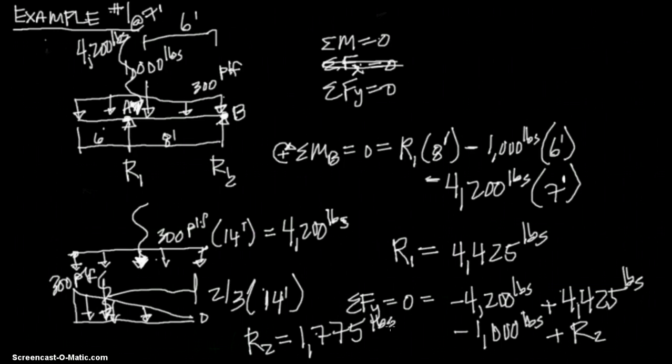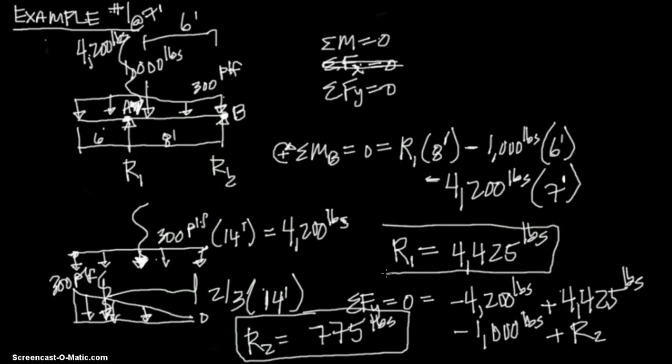And let's check that. Actually, I messed up my math here, and I got 775, and that checks out. I did 4,200 plus 1,000, that gives you 5,200, minus 4,425 gives you 775 pounds, and that is R2, and that checks, and R1's 4,425, and that checks. I'm going to go ahead and do another video on